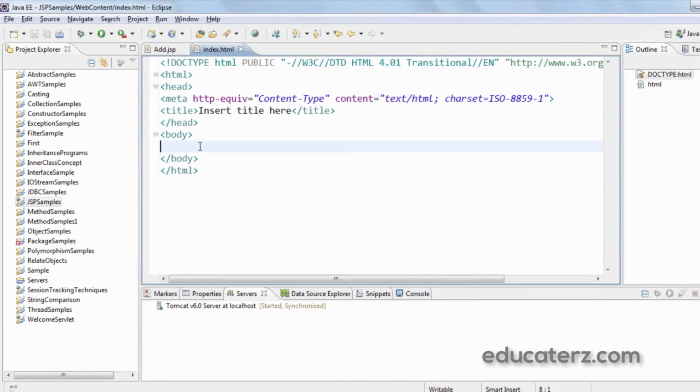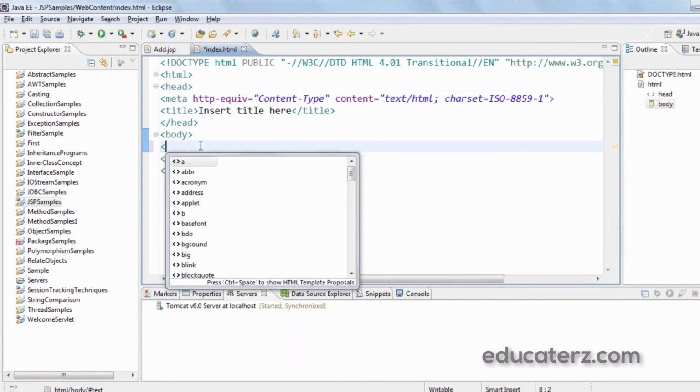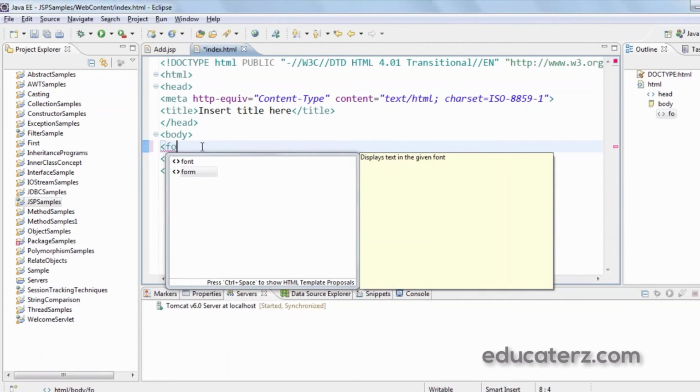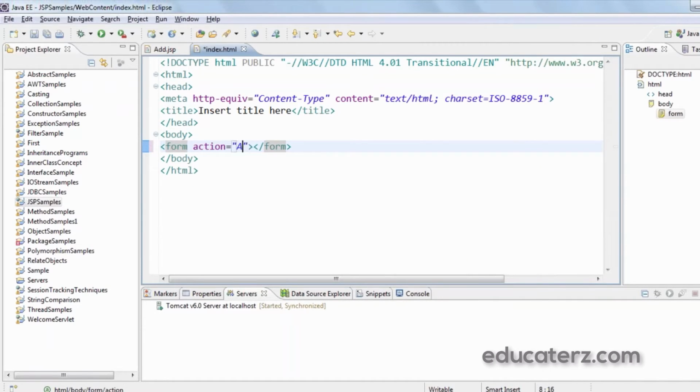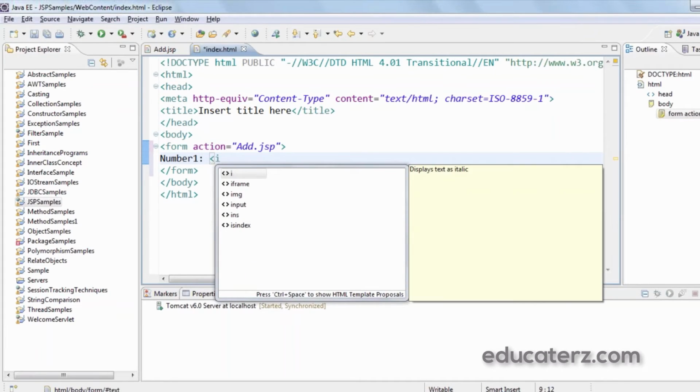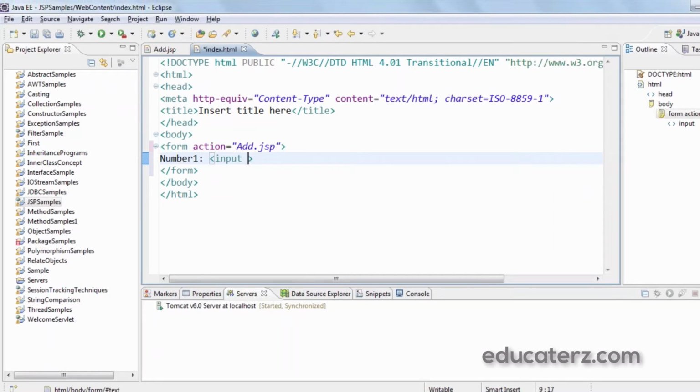I create a form here with action add.jsp. Number 1: input type equals text, name equals t1.